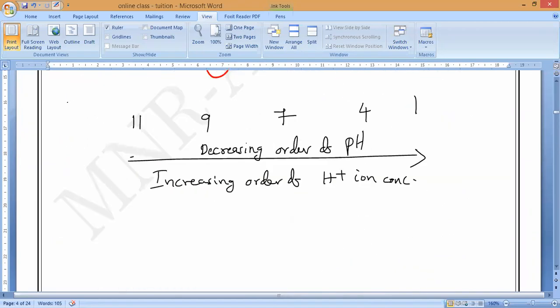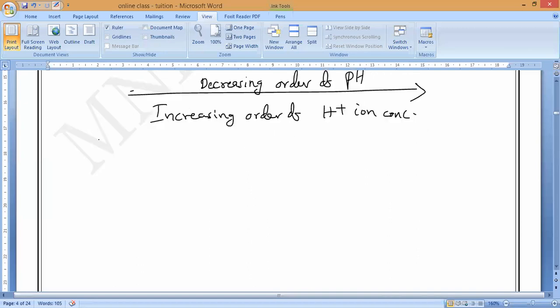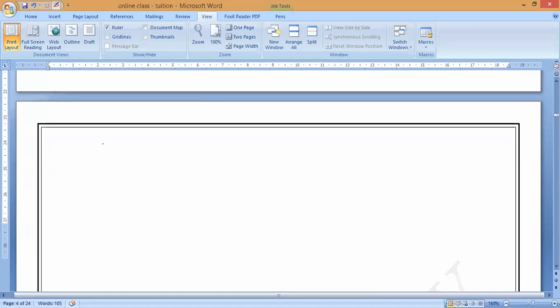I hope one MCQ on universal indicator will surely come. So you are very thorough with the universal indicator, I think, including color coding. Color coding is the most important. I have seen more than 10-20 times they have asked, what is the color of a neutral substance in the pH scale universal indicator? Green, sir. Now you say green, later you will forget. That is the problem. So you have to remember the color coding.